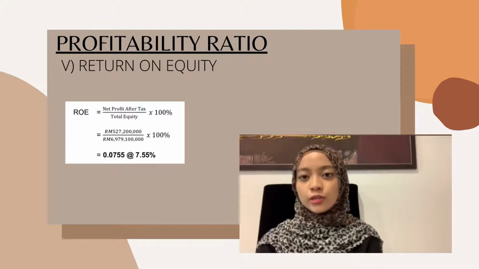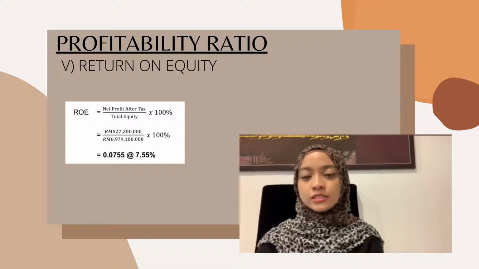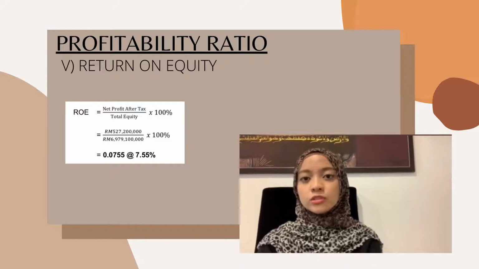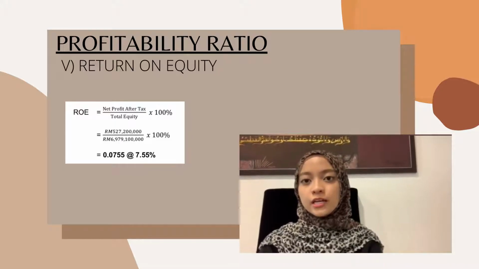For return on equity, the formula is net profit after tax divided by total equity times 100%, which is 527.2 million divided by 6.9791 billion times 100%, equal to 0.0755 or 7.55%. For comparison, IOI Corporation Berhad's return on equity is under the industry average. This result shows that IOI Corporation Berhad has earned low return from their investment and used their equity capital unwisely